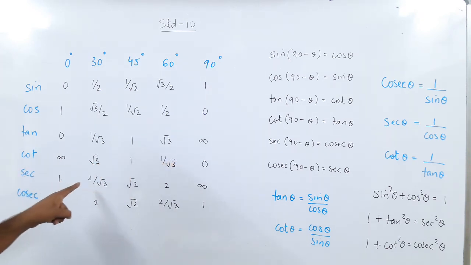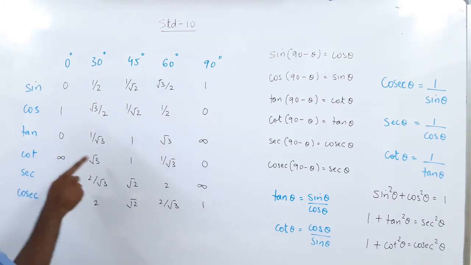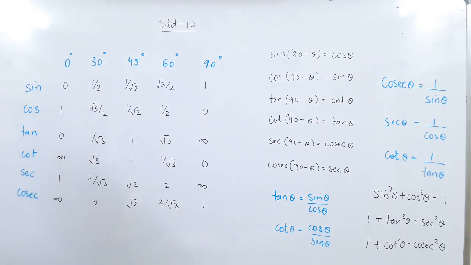For sec, it increases, and for cosec, it decreases. So this is very simple to understand. If you have got a comparison in tan and cot, you will see the degree. Greater the degree, for the same type of sum. Okay? Now comes the question: what if they compare sine and tan?